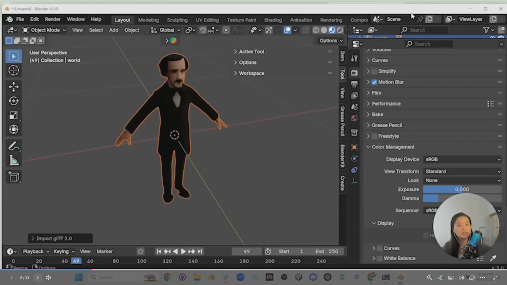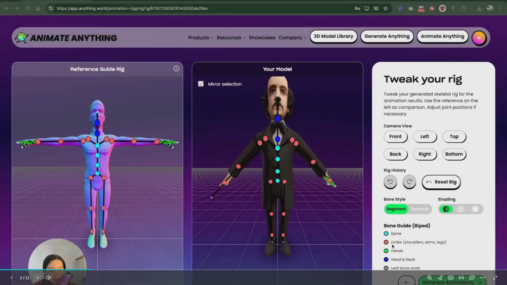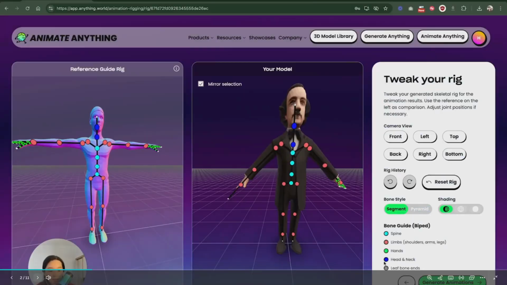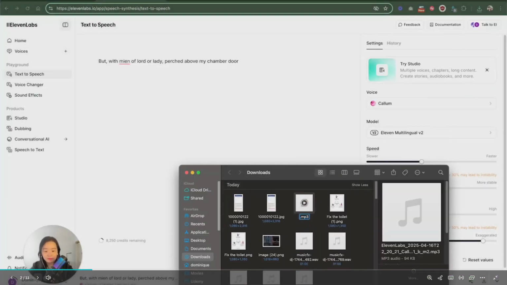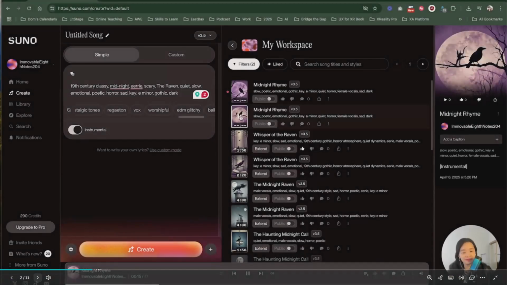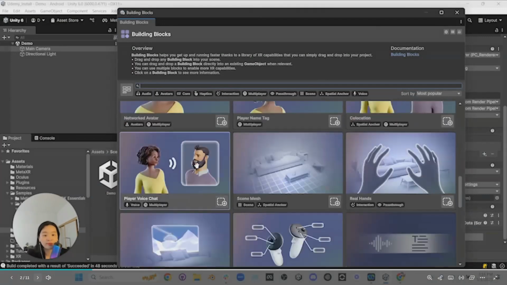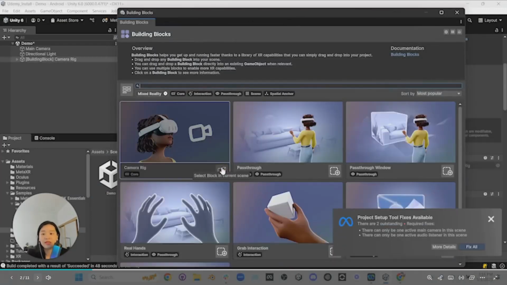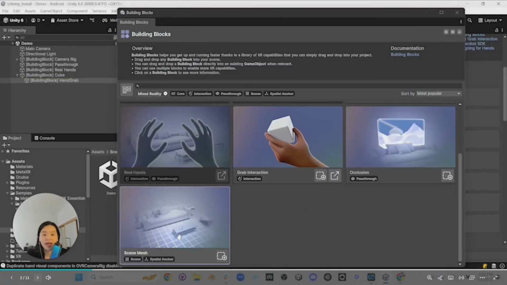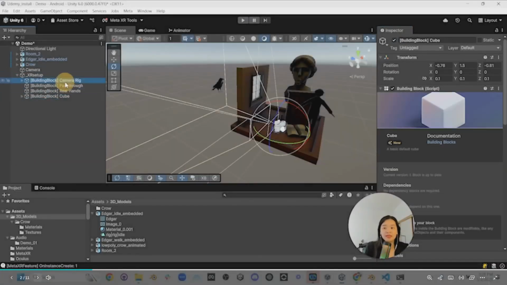You will tap into the power of ChatGPT to spark creative ideas, Trellis and Blender for 3D modeling, Anything World to animate characters, ElevenLabs for voiceovers and rich sound effects, Suno to compose your eerie, emotional background music. You will set up Unity for Meta Quest 3, build scenes using meta building blocks, and integrate assets